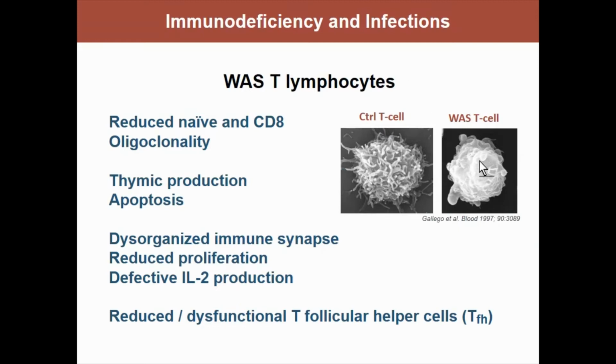As you see in this picture, there is an electron microscopy picture of a T cell. All these protrusions and microvilli that are typical of a normal T cell are much reduced and not very well developed in a WASp T cell. And that is also due to a problem with actin remodeling and polymerization. And all these defects that I listed here are not there for me to talk to you about it, but to tell you that really all these T cells from Wiskott patients can be